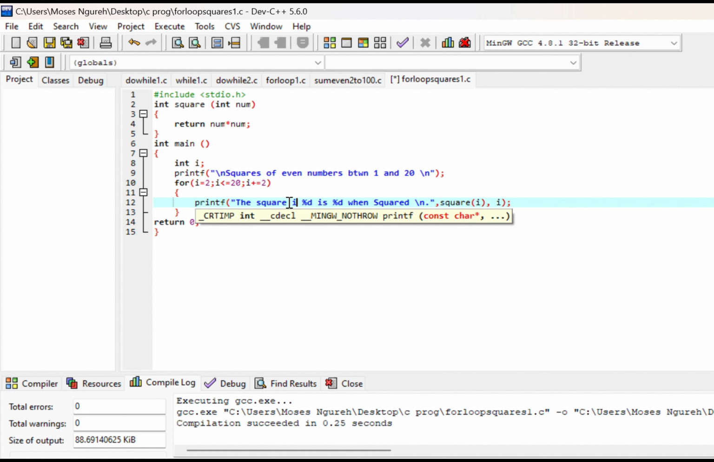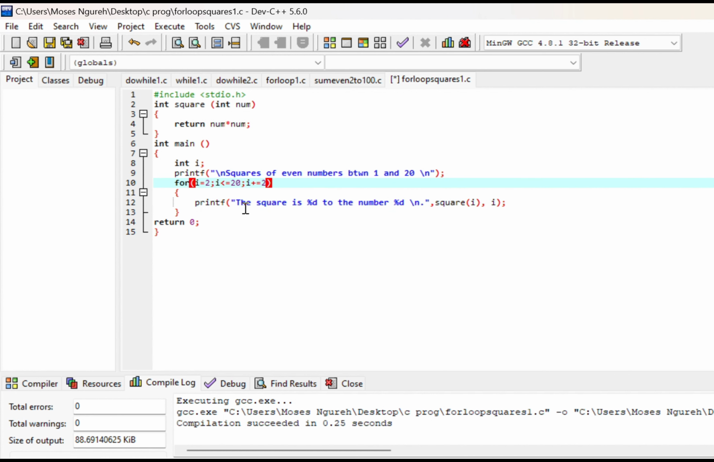The square is that to the number that you can rephrase this. So this first one I shall call it the one that is starting here, and this second one I shall call this one. So if you compile,